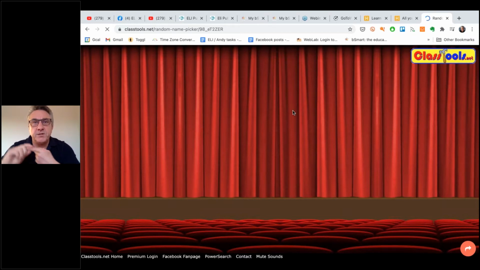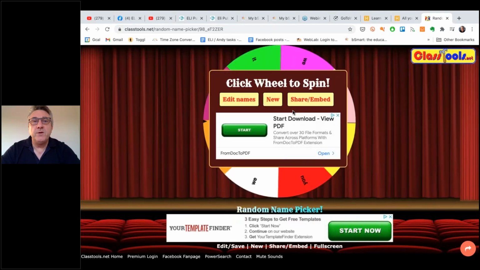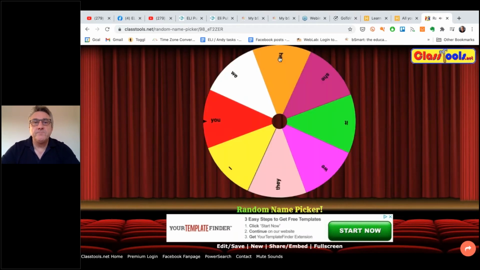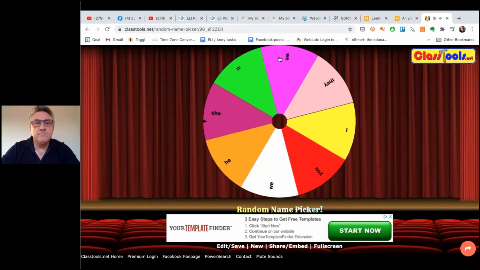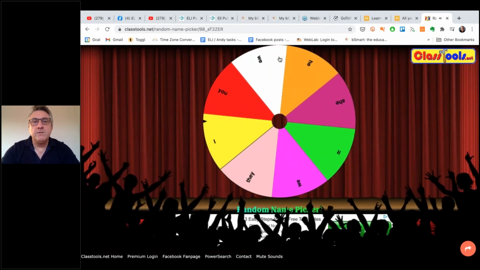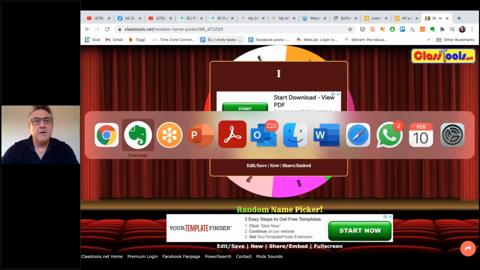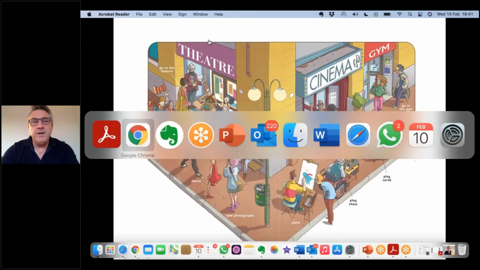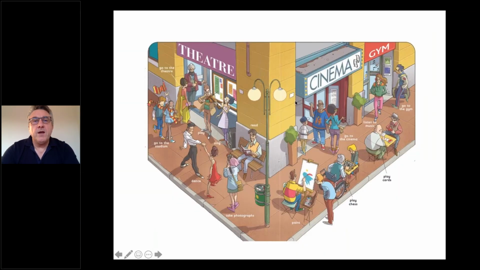You could make a dice, just with 6, or you can do something with 12 as if it were 12 dice, or I can make it with prepositions like this. So I made one with prepositions. And then, so I've got I, and then I have to choose one of these scenes.